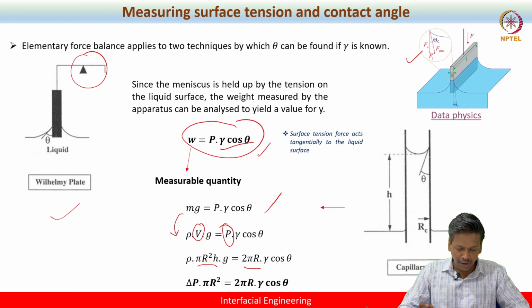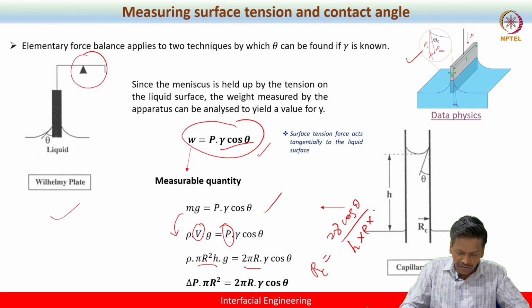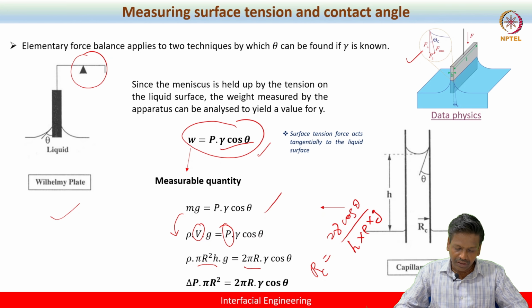Simply what we get here is the capillary radius, Rc, which is nothing but 2 gamma cos theta divided by delta P. You can also write delta P as h rho g. Using this equation, one can calculate theta if the rest of the parameters are known, or the height of the column, or sometimes the capillary radius. All these three parameters can usually be determined using this capillary rise method.